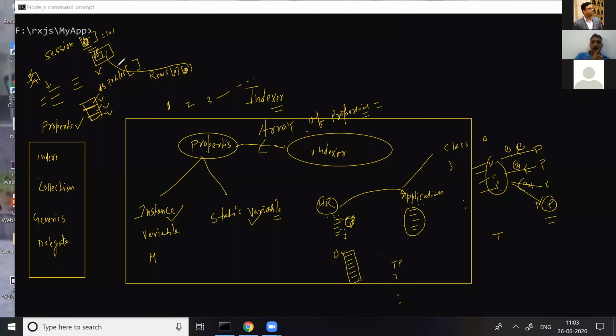So what do I mean to say? Look at this container given in .NET. They support indexers. The session is an indexer. It is an array of properties. Dataset is a collection of tables. If you want to access any particular column from a dataset, what will you write? Dataset dot tables 0. I can give 0, or I can give the table name in double quotes. So an indexer can be overloaded. Second point: indexer can be overloaded. It supports overloading.